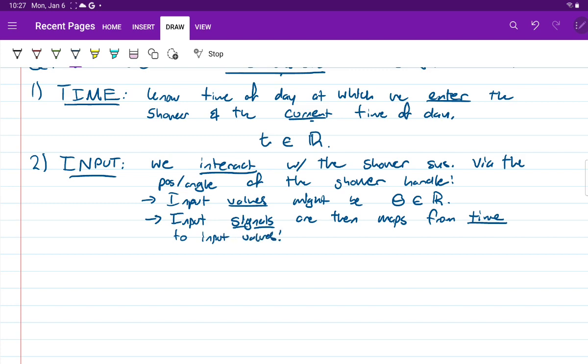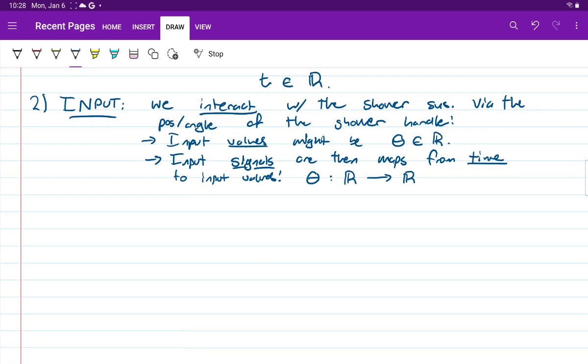Right, so instead of just specifying one single value of our input, a signal specifies all the different values of inputs across time, okay? So we could maybe write an input signal as a function going from R, which represents time, into also R, but this R represents the handle position, okay? Okay, very cool. So let's move on to discuss